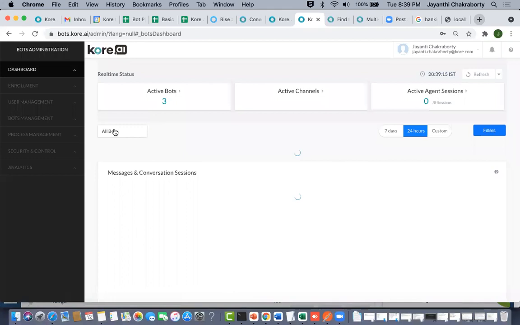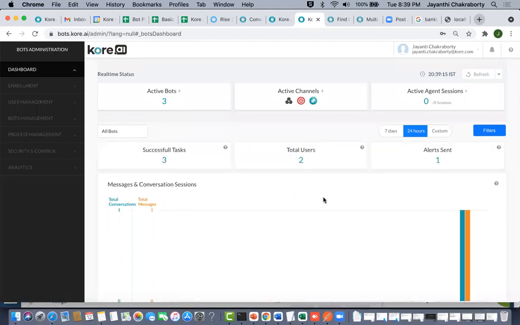Once you log into the admin portal, what you get to see is the dashboard coming up. This is very similar to the usage dashboard that we get to see on our platform, which will show you the real-time status of all the bots which are deployed from this particular account. Right now you can see there are 3 active bots which are deployed. If you click here,